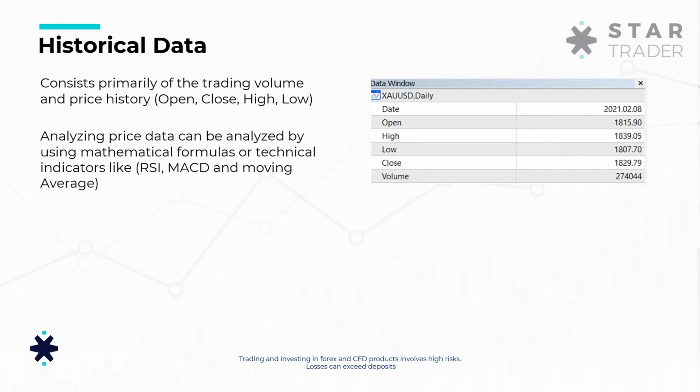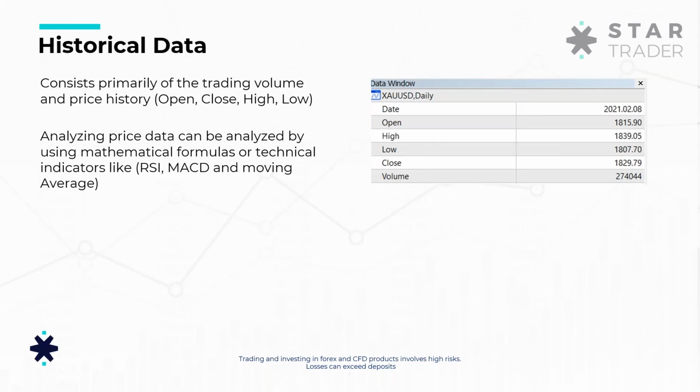So the open price will be the first price that asset was traded at the open of that time window or time frame. High is the highest price that was traded during that day or that time frame. Let's say we're talking about today. The high is the highest price today happened, not tomorrow, not yesterday, for today.